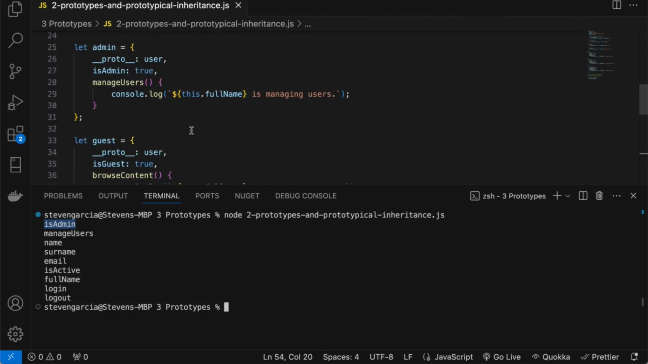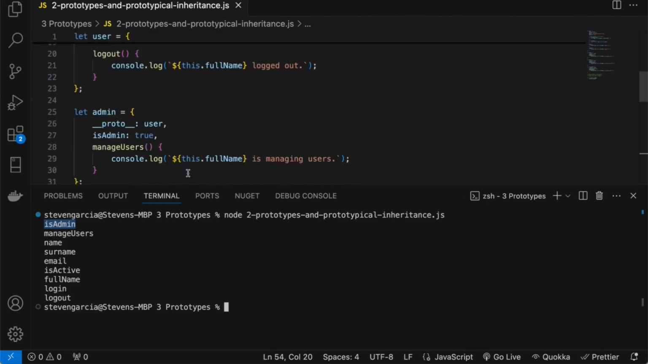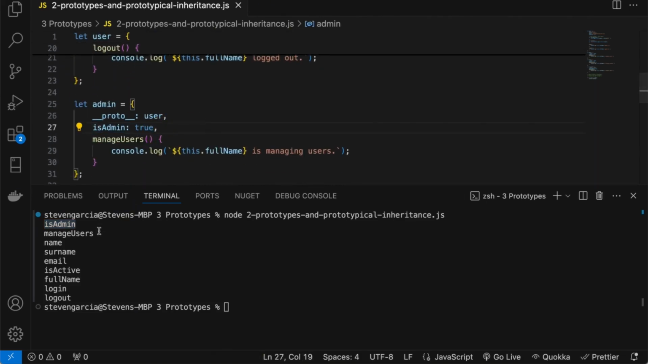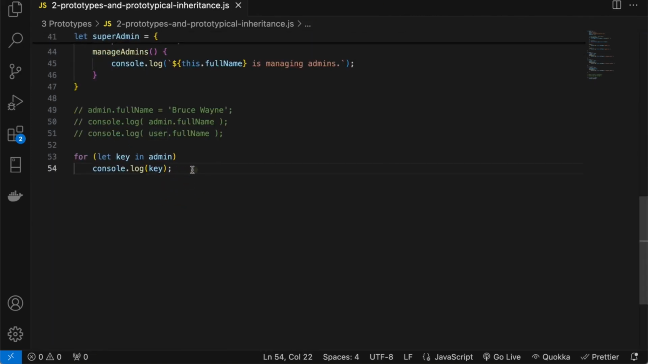So here we see is admin. We scroll to the admin implementation. Here we see that property being defined. We see manage users, which is that specialized method we implemented, and we see all of the properties and methods implemented by its parent, by its prototype, in the user object. Now, one thing to differentiate, here we comment this out,